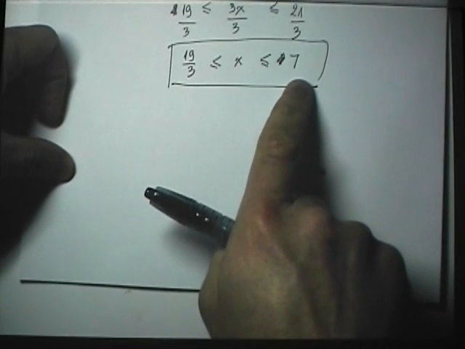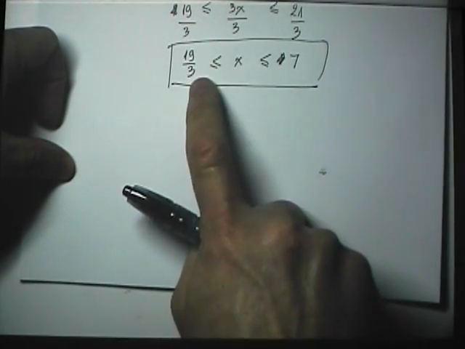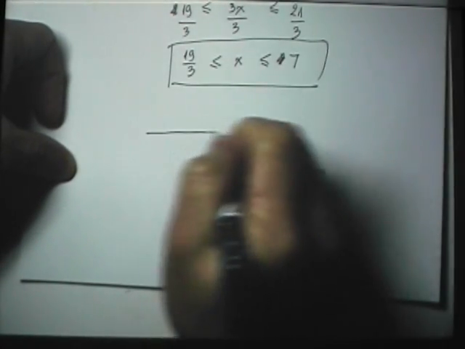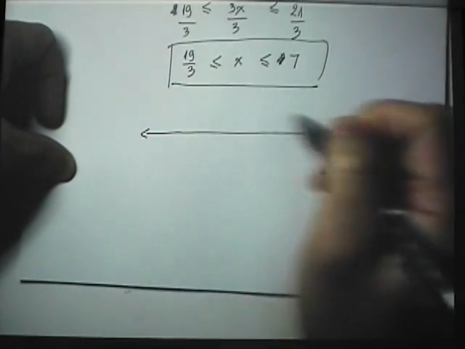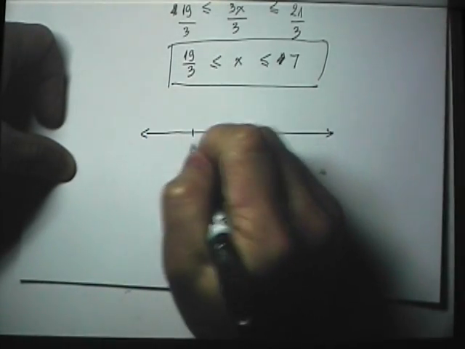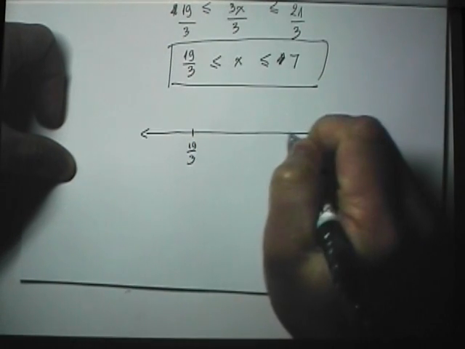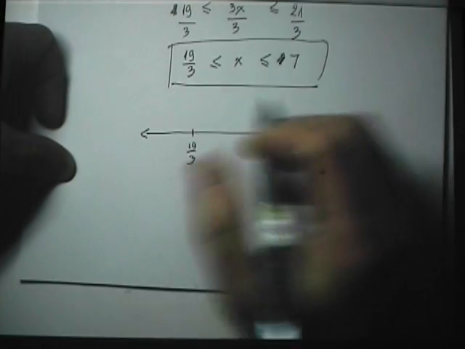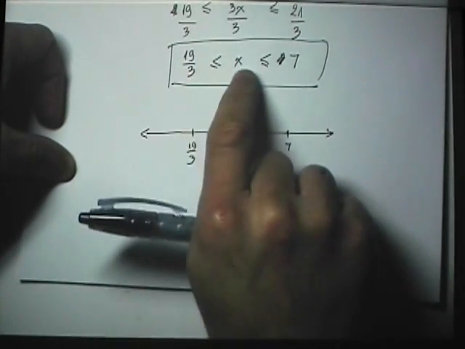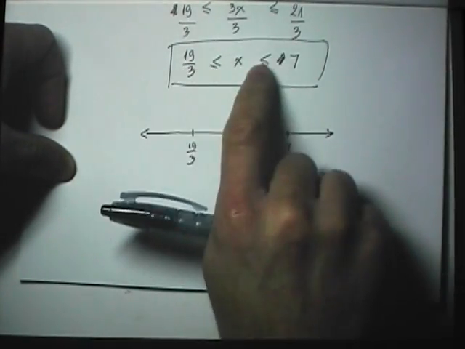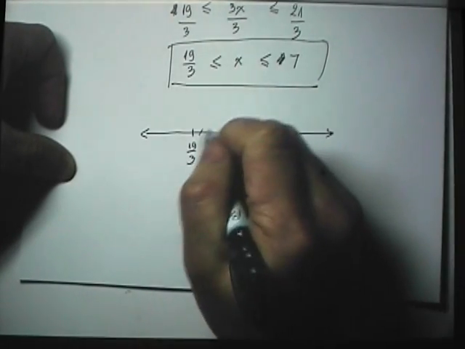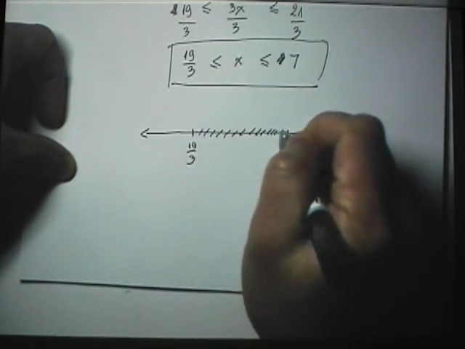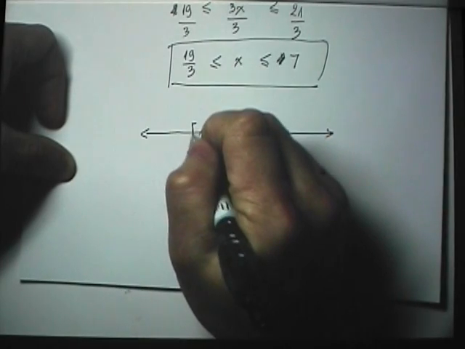Once again, here's my lower end, here's my upper end. The inequalities both contain the equal signs, so that gives me some expectation about using brackets waiting for me ahead. So 19 over 3 is on one end, 7 on the other end. Okay? And now x is greater than or equal to the lower end and less than or equal to the upper end. So I need to shade in between the two ends. And then brackets on the two ends right here, just because the two inequalities